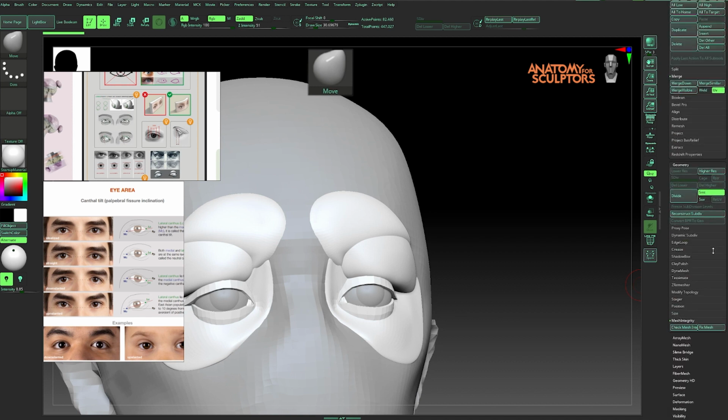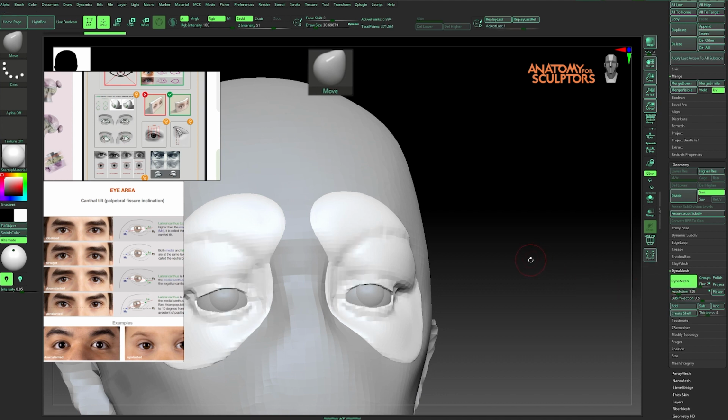Now I've dynameshed the eye parts together first, because sometimes when you dynamesh all the parts with a big shape like the head together, it will mess up your shapes. I don't know the reason, but I found out that if you dynamesh the small parts first and then dynamesh them as a whole to the big shape, most of the time you will be okay.